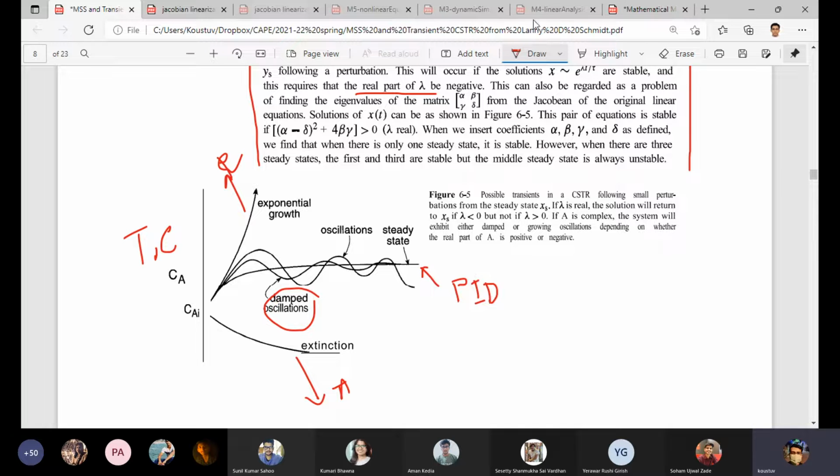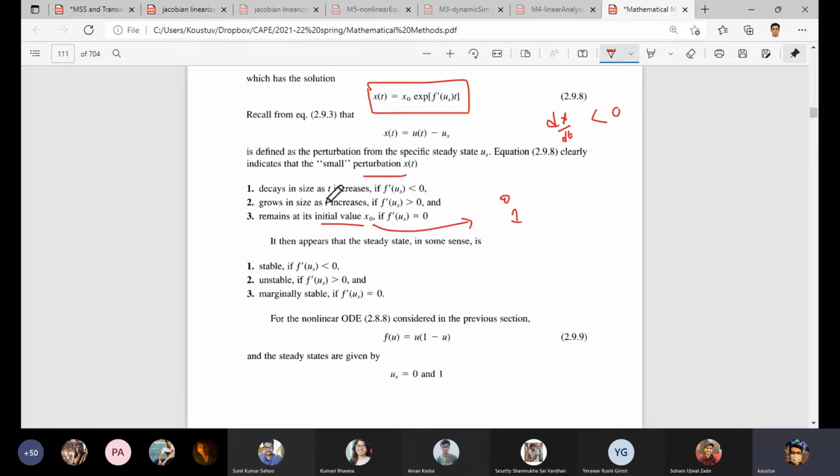And you can also connect this point again to the function's values evaluated at this point. Here it is only single valued, so that's why you are getting only 1. So you can think of that 2 by 2 matrix. Those coefficients are nothing but the derivatives evaluated at the steady state point. So the sign or the magnitude. If it is a 1 by 1 matrix, then it is just the single point, so we can easily say whether it is less than 0 or greater than 0.